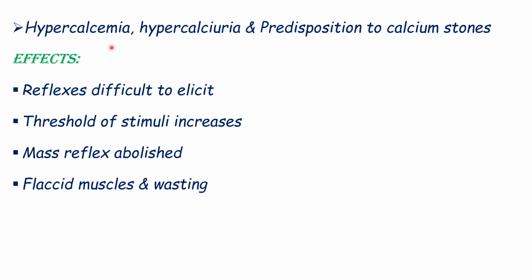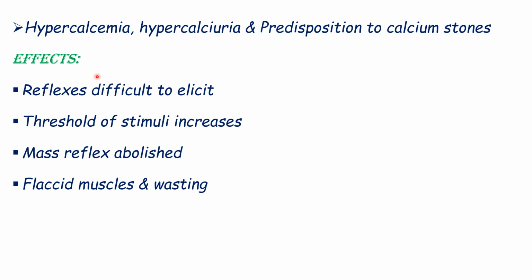One more very important thing is that because he's lying down, he's not moving his muscles and bones. So there is increased destruction of bone, with loss of calcium and protein from the bones, and this can lead to hypercalcemia and hypercalciuria. More and more calcium is in the blood, and more and more calcium will pass through the kidney. You lose more calcium in the urine, and the person becomes more prone to calcium stones because he is passing a lot of calcium through the kidney. So he becomes susceptible to developing calcium stones in the kidneys.